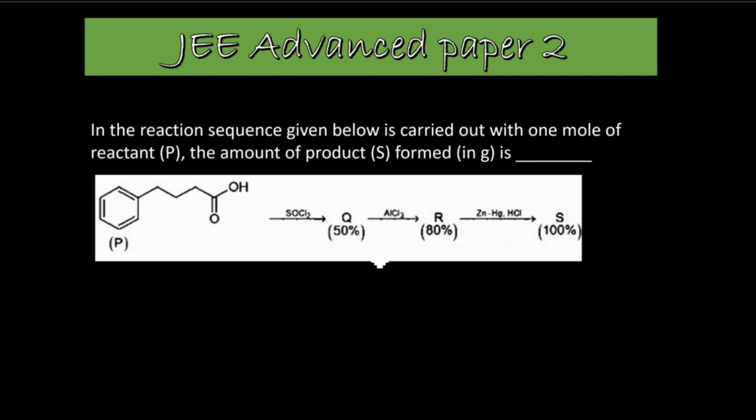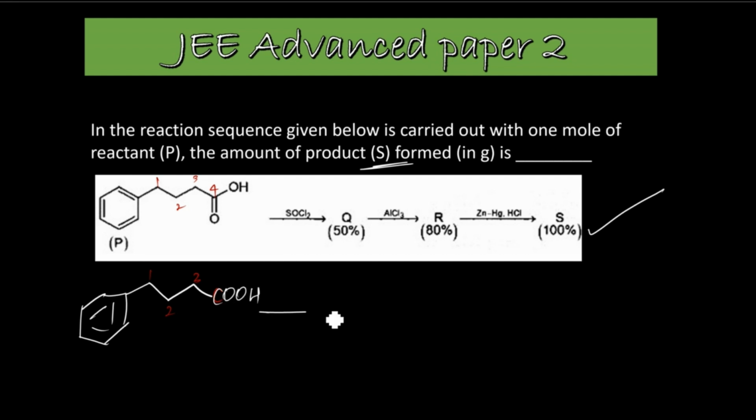In the reaction sequence given below, carried out with 1 mole of the reactant, find the amount of product S formed in grams. The reaction is very simple, isn't it? Let's think about that. Here I have 1, 2, 3, 4 carbons. The fourth carbon is a carboxylic acid group. So with the reaction of SOCl2, what will that do? It will become